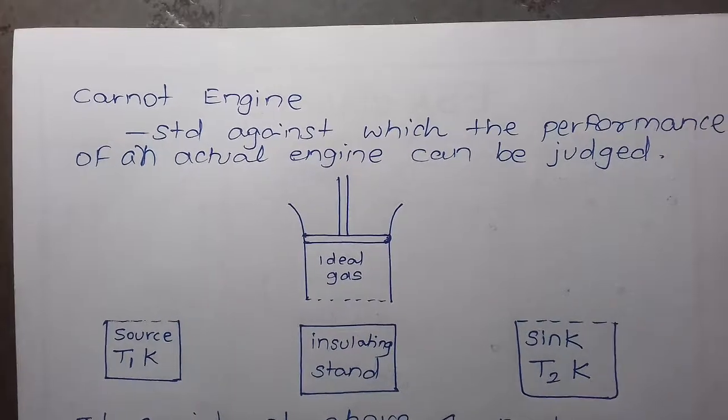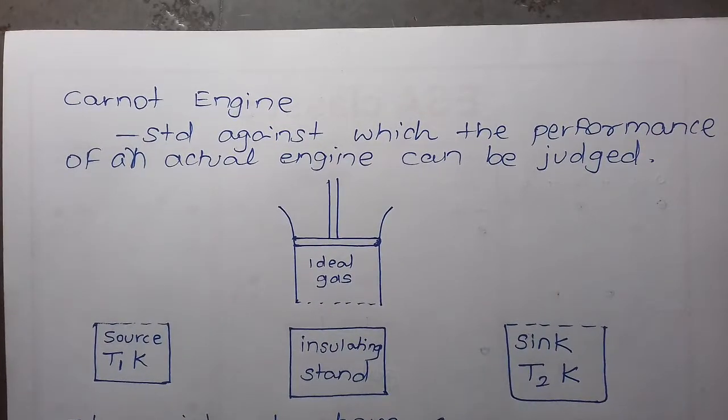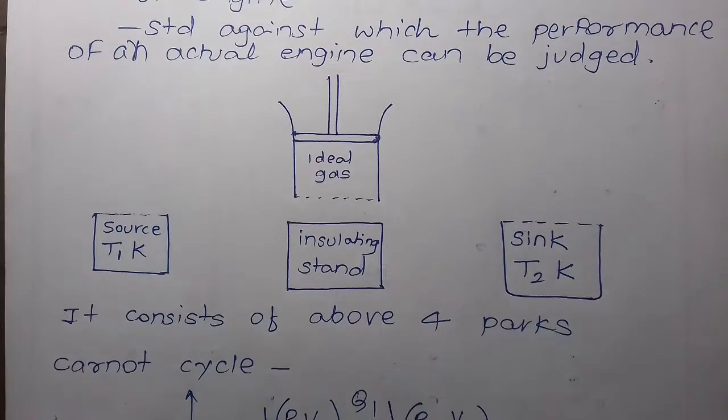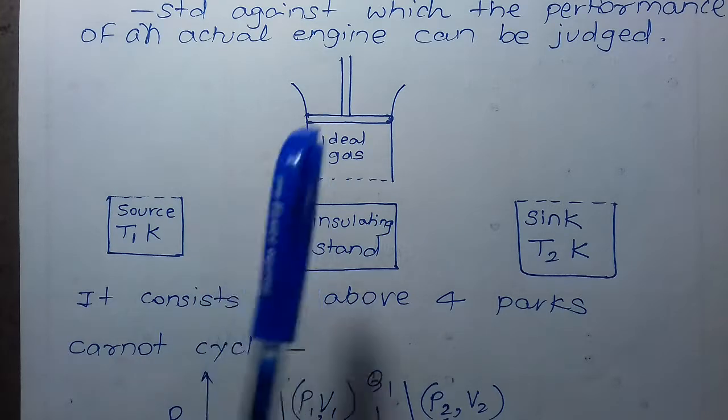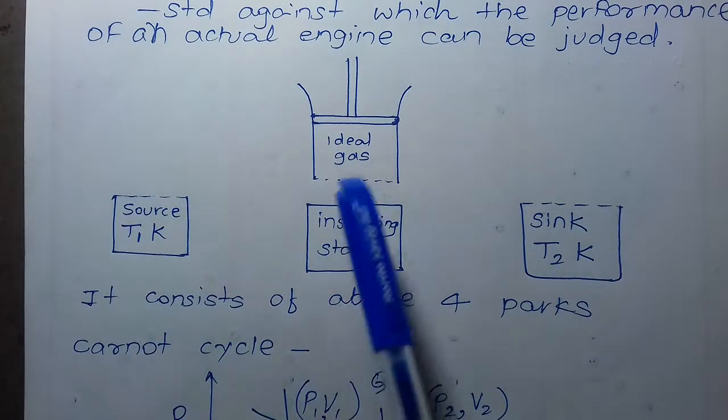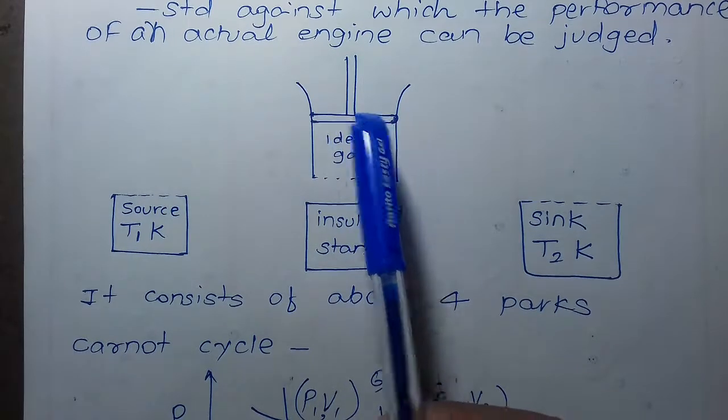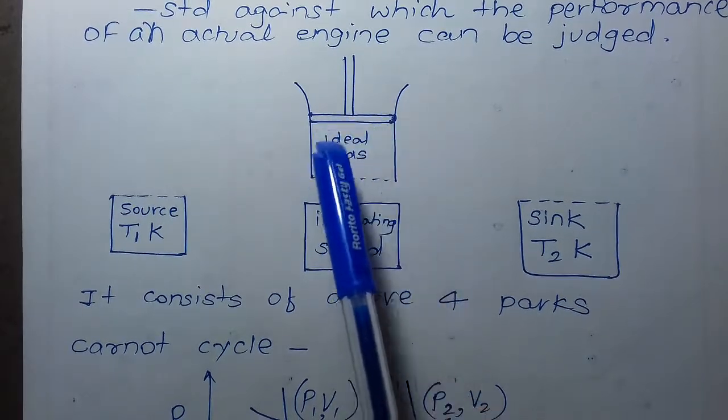Then Carnot engine. It is the standard against which the performance of an actual engine can be judged. Carnot engine has highest efficiency. Every real engine has less efficiency compared to Carnot engine. Carnot engine is made up of these four parts. First one is cylinder having insulator walls, and these walls are